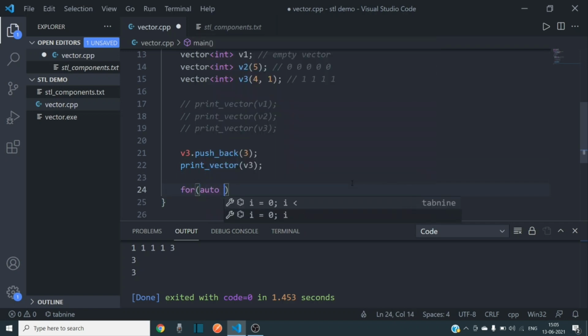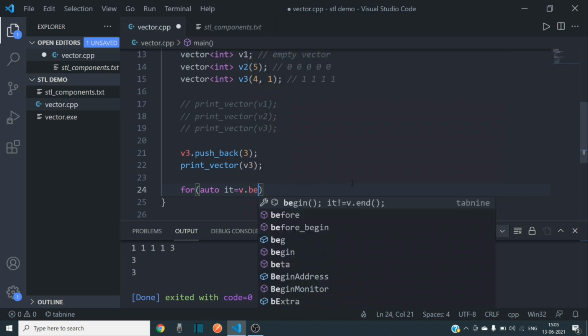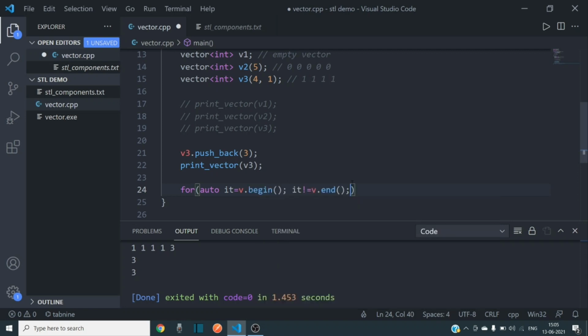What we can do is that we can say that iterators begin with the begin of the iterator. So what it means is that it is an iterator and we provide it v dot begin, which means it points to the first element in the vector, and we will be iterating till it gets to v dot end. So firstly let me tell you what's v dot end.